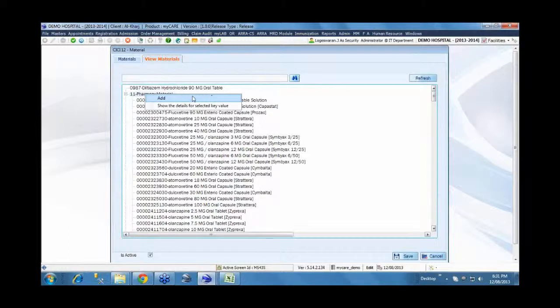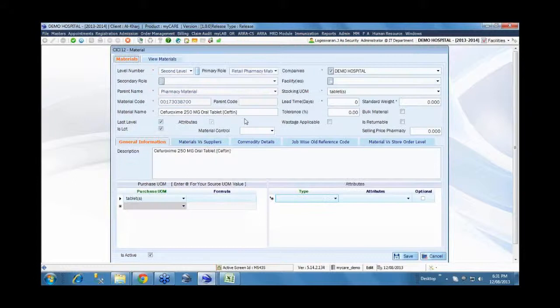So we'll choose a particular item, say the medication we have been using in the morning also, ciprofloxacin, just to have continuity. This is medication, where we have already defined the item code for this item. We can classify the levels and various categories, and whether or not lot control is required. For some items lot control may be required and some may not, and the hospital may decide whether the stock needs to be maintained at the lot level or not. So we can specify whether lot control is required or not.